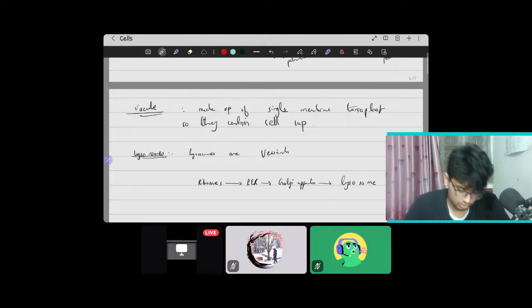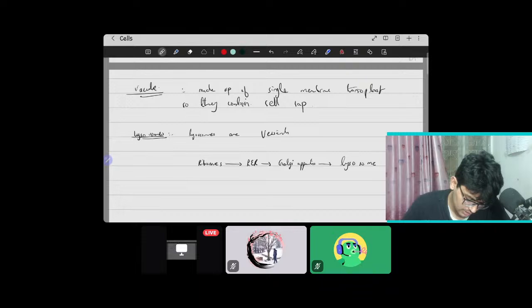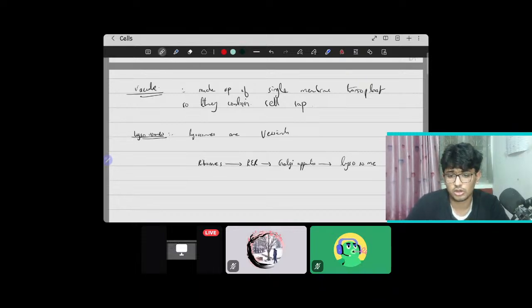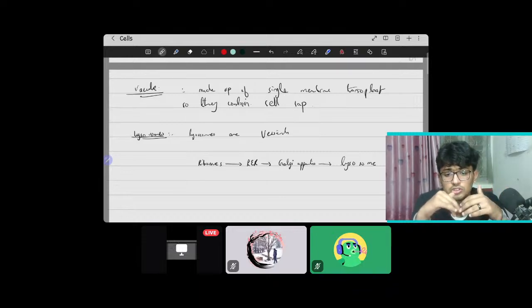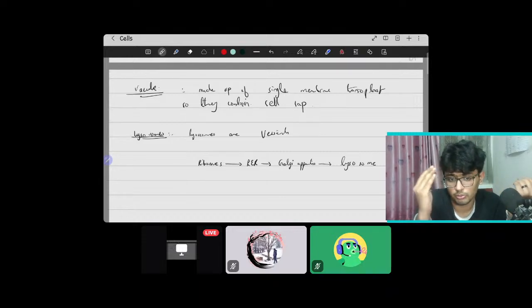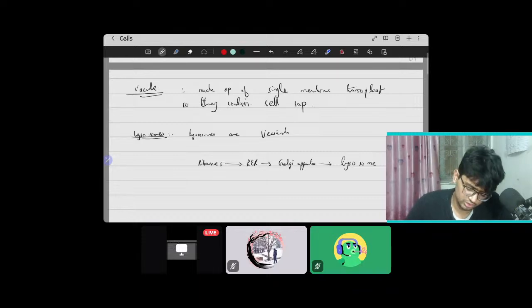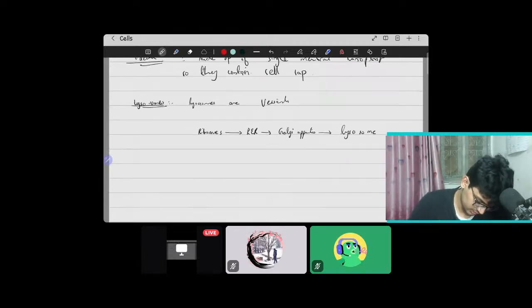Lysosome is a kind of vesicle. Vesicles, as I've told you, are single membrane structures that contain the proteins and products formed from Golgi body, and they are transported outside, intercellular and intracellular. So lysosome is a kind of vesicle which consists